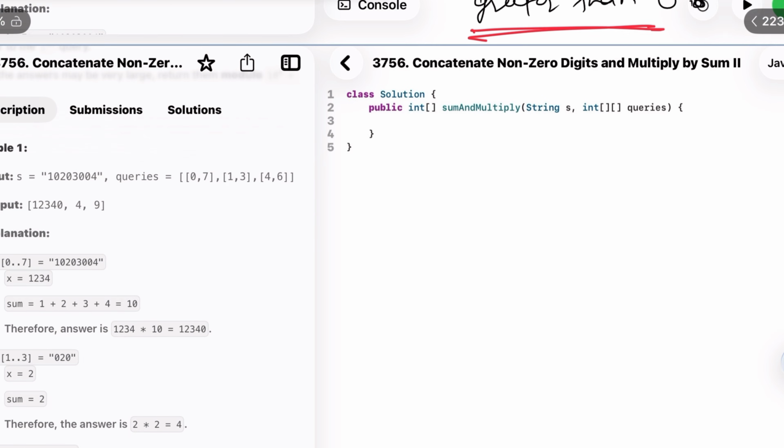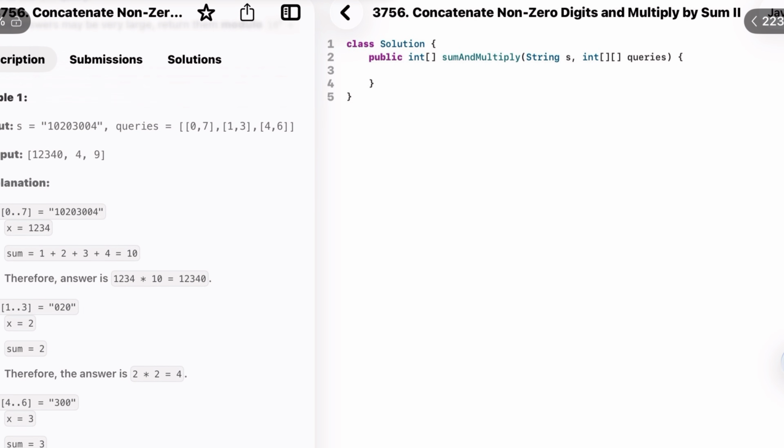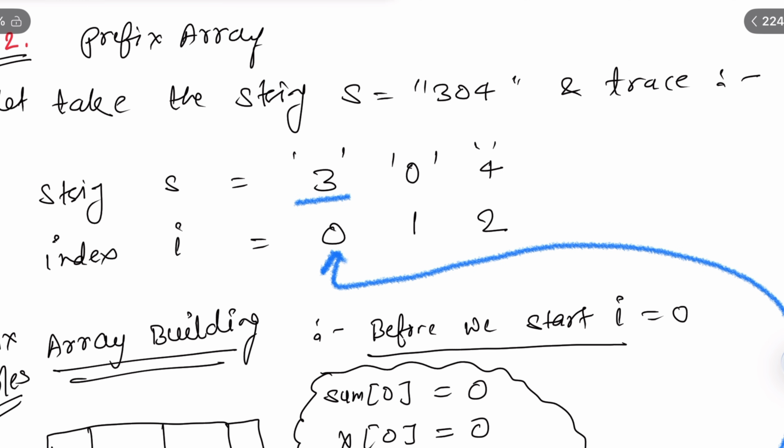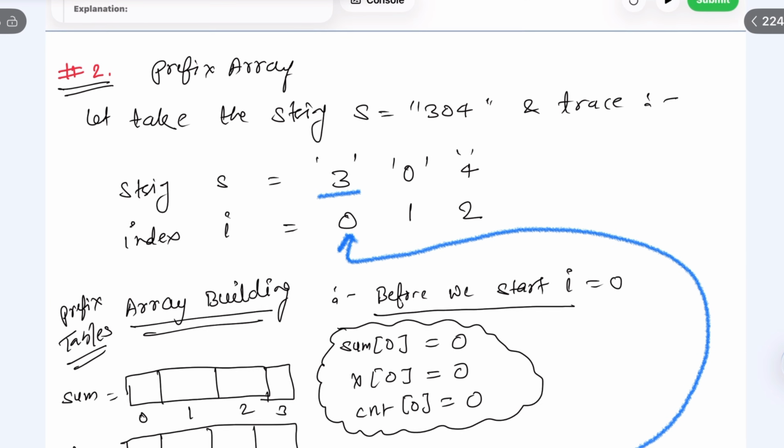We only need to focus on the prefix number and the digit count. Let's try to understand what the prefix number and the count are. You can go through this example so you will understand what we are talking about. Let's go ahead and understand. The very first thing we are given is